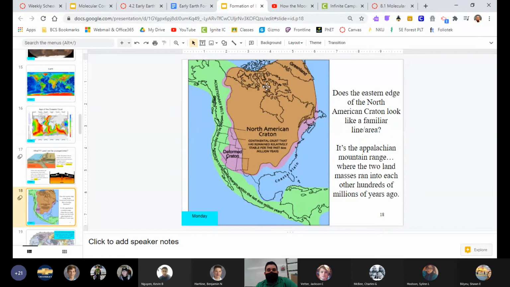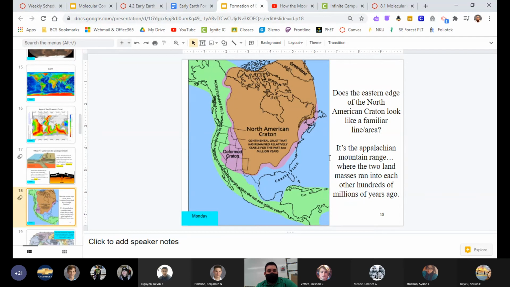So on North America anyways, note that we have different types of rocks here. This brown area here, the American Craton, that is the oldest rocks in North America. Then the purple rocks, I guess, are a little bit younger. And then the green rocks are really young, and the blue rocks are a little bit younger as well. And so we do have different age rocks here in America. If you go to the Grand Canyon, you can actually see some of those layers in the Grand Canyon area.